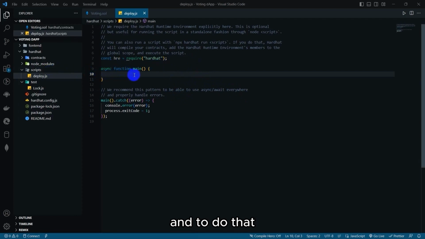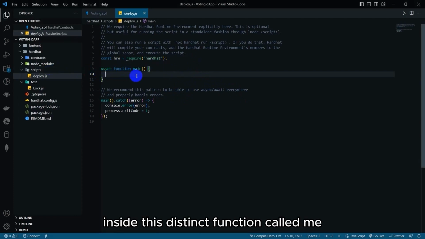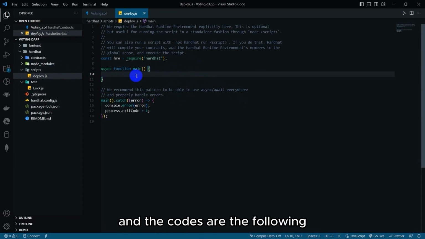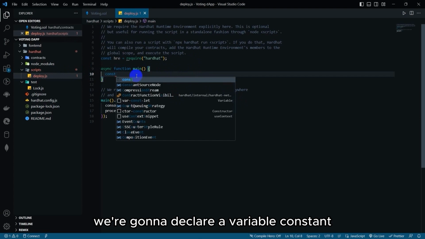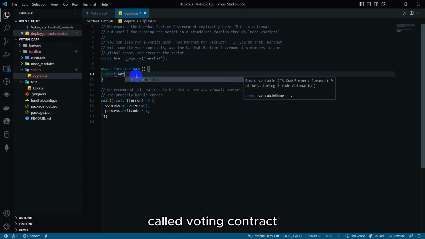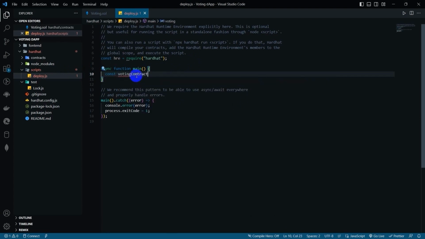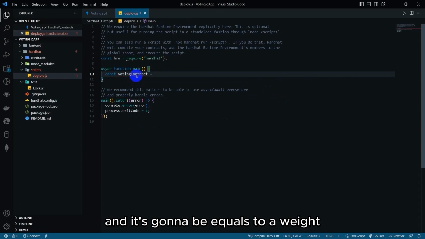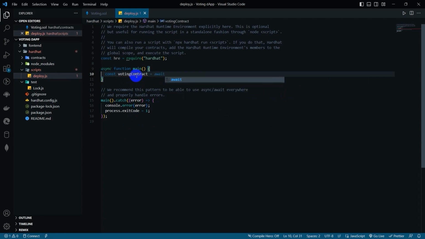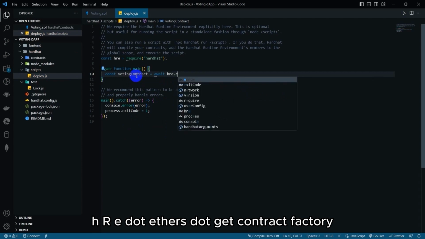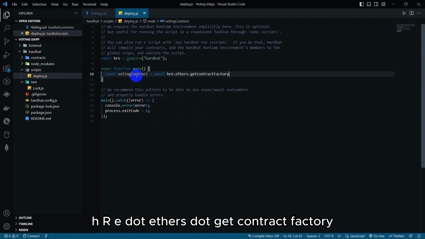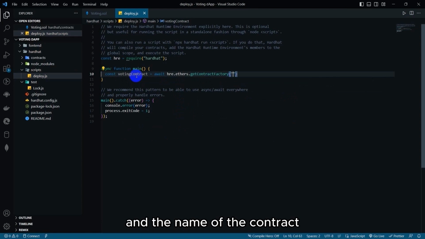Okay, to deploy our smart contract, we need to configure this deploy.js file first inside the scripts folder. And to do that, we're going to add the following code inside this async function called main. And the code is the following. So the first line would be const. We're going to declare a constant variable called voting contract. And it's going to be equal to await hre.ethers.getContractFactory and the name of the contract. So this voting here